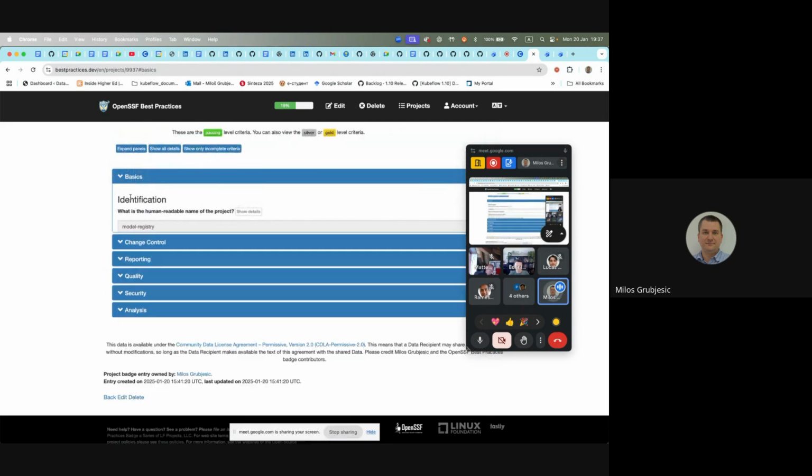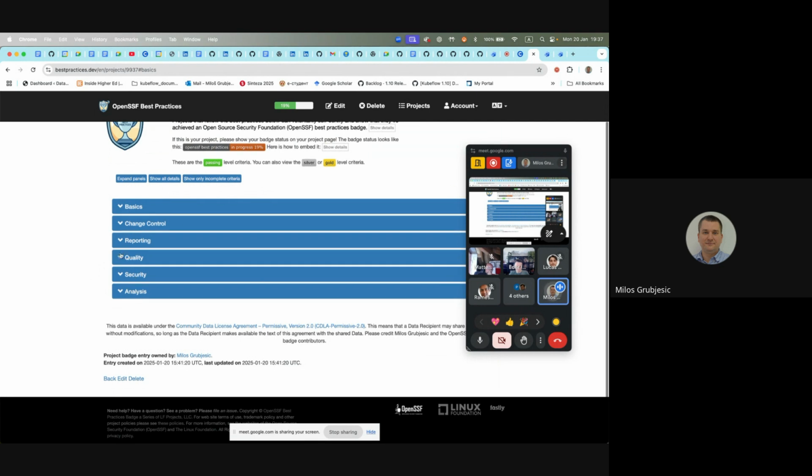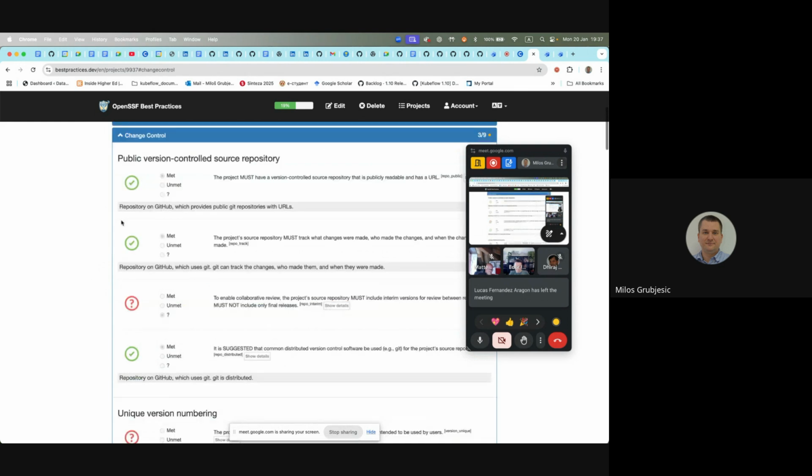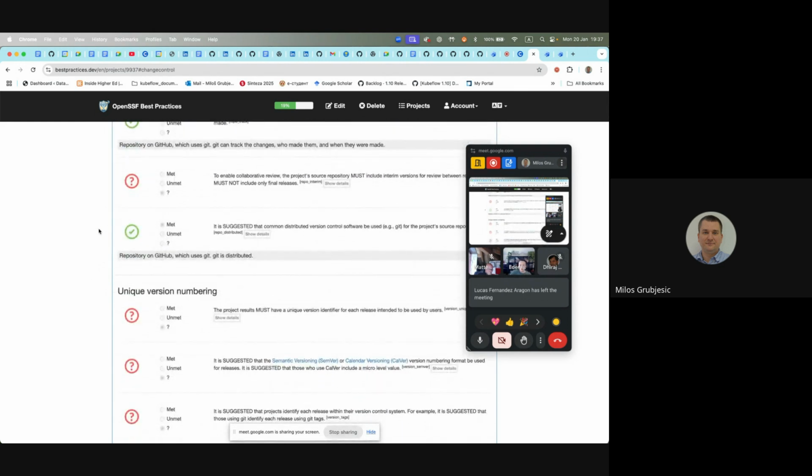So there are different things to see, like security, quality, change control, etc. It's a big topic and I don't want to go into details. This is not super urgent currently, but I just want to give the idea about what is going to happen in the future, and to ask if there is anybody who's maybe interested in helping practically from the model registry group, to say, hey, I want to participate, I want to help, I want to go together with people that